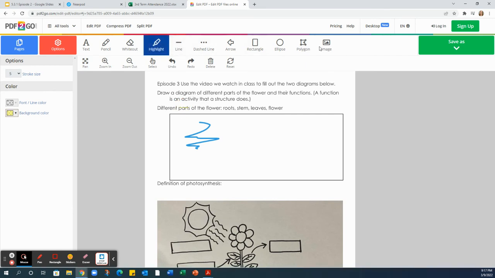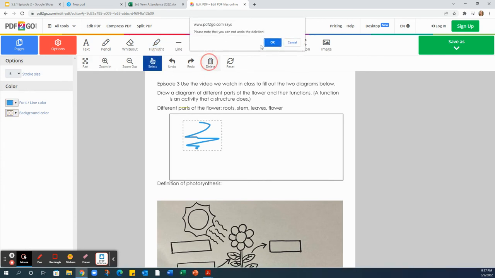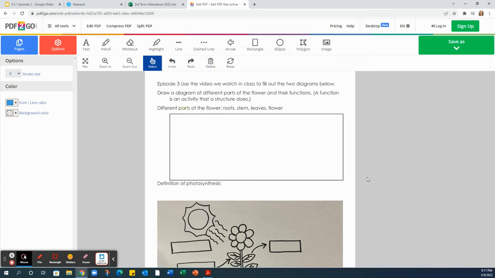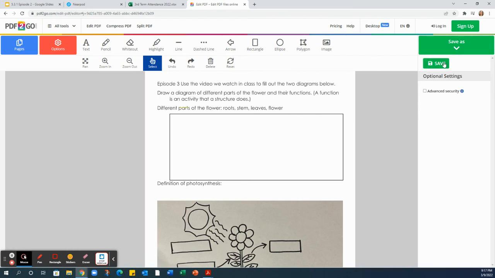You can do these ones up here, the line, dash line, arrow, rectangle, ellipse, polygon, and image we don't really use. And then if you want to select something, you can select it and delete it, but you cannot undo deletions. Now, once you have finished editing your PDF, you're going to click Save As and click Save, and